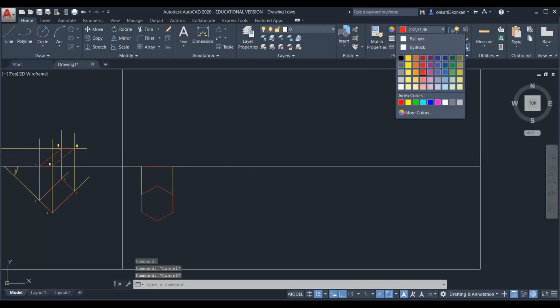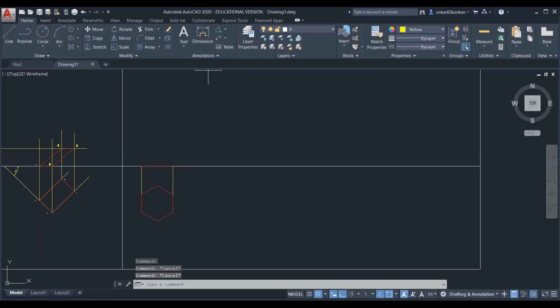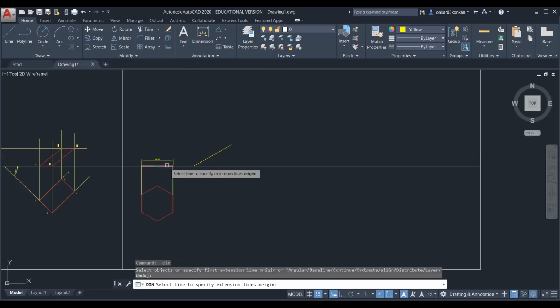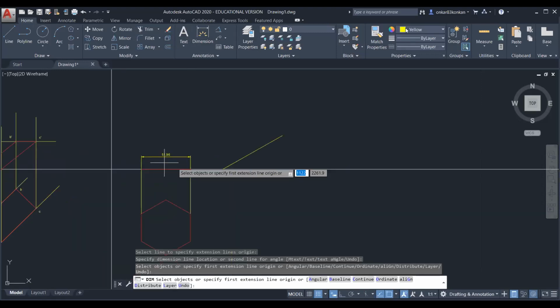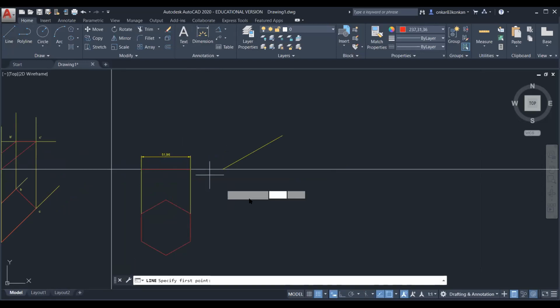reference line. Take this inclination of 30 degree. And on this reference line, just mark this distance, that is the front view in the first stage. You can use the compass directly. Right now this distance is 51.96. So on this line,